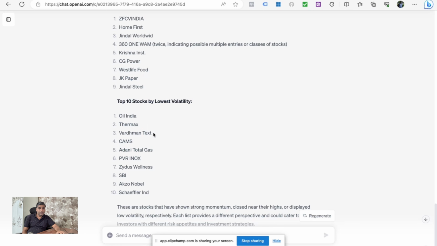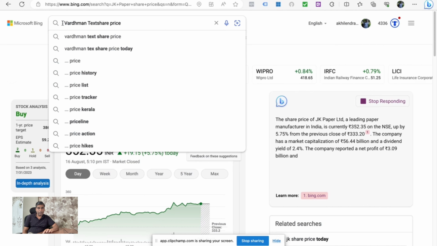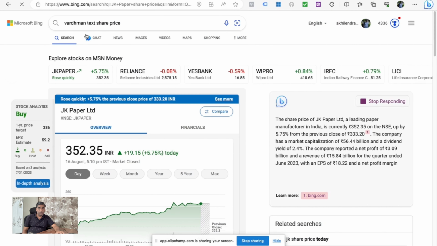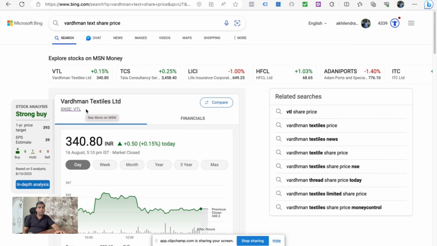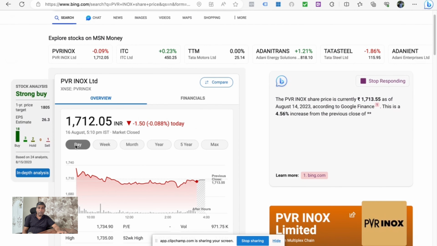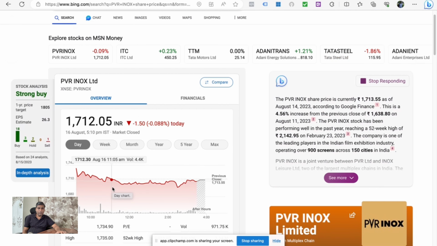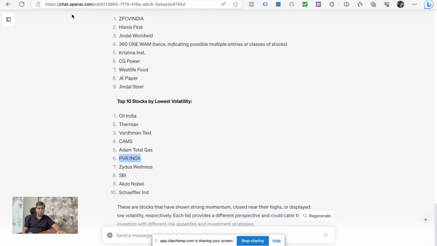If I try to see this one, because right now, remember, stock markets are really tricky. There's a lot of negative news in the market, and we don't know how things might turn out. So it's better to have proper analysis. Don't invest just because you uploaded some file in ChatGPT and you got the results. It looks like a good augmenter. So this stock went down today, but if you review weekly charts, it has gone up. So at least we have found something where it has not followed the predictions.